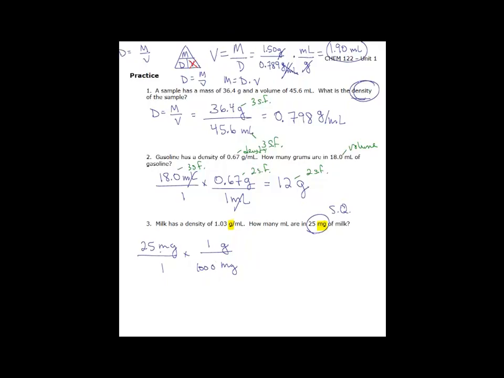So milligrams cancels out that way. Now that I'm in units of grams, I can use the density, so I'm going to divide by the density. And I get this. If you had tried to use the density triangle, that doesn't account for the differences in units. So that's where you have to be really careful. So 25 divided by 1,000 divided by 1.03 gives us